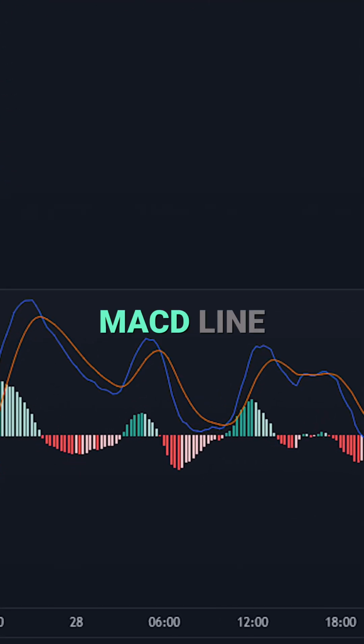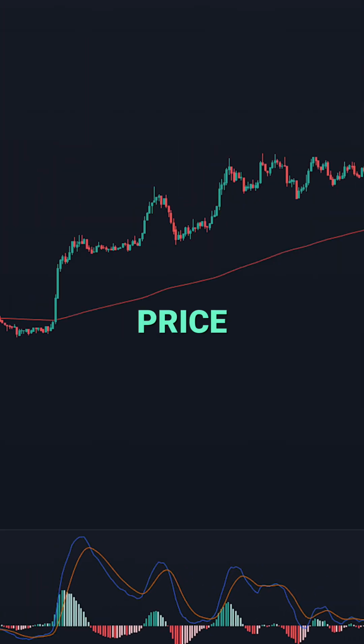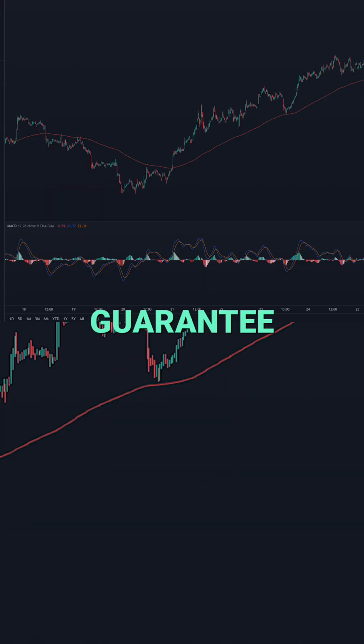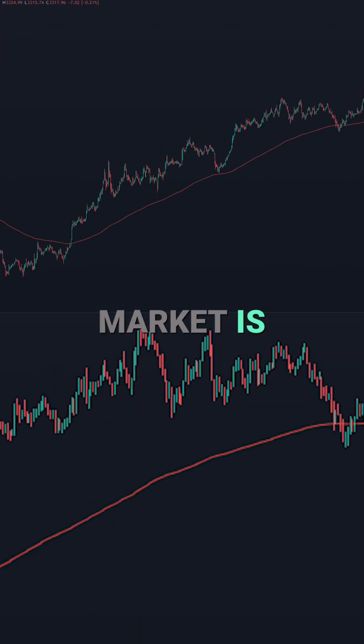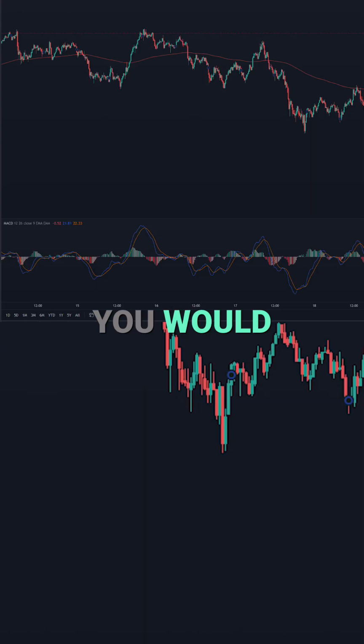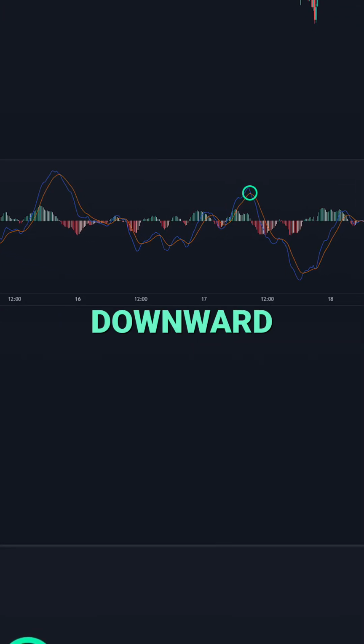We buy if the MACD line crosses below the zero line mark and the current price is also above the 200-day moving average. This will guarantee that you are only trading when the market is in an uptrend, which is a very powerful combo. If you wanted to short, you would do the exact opposite. So make sure the price is below the 200-day moving average and the MACD lines are crossing downward above the